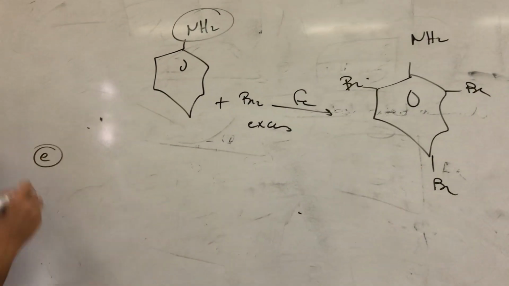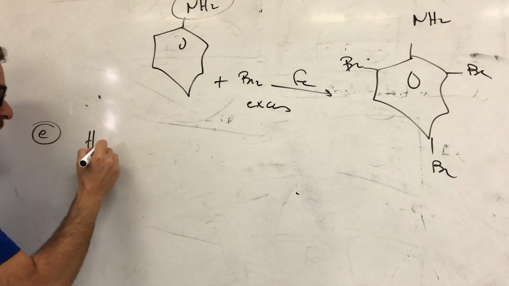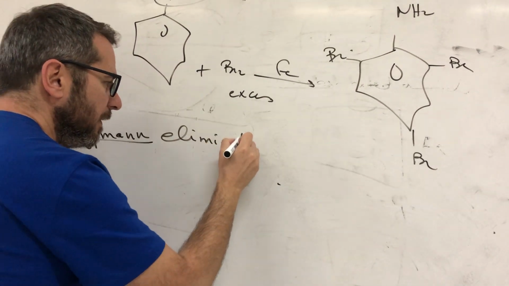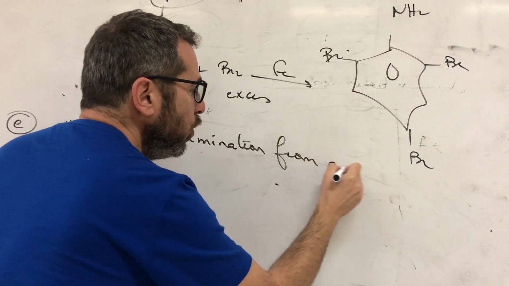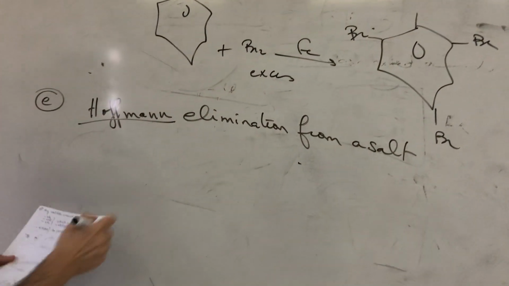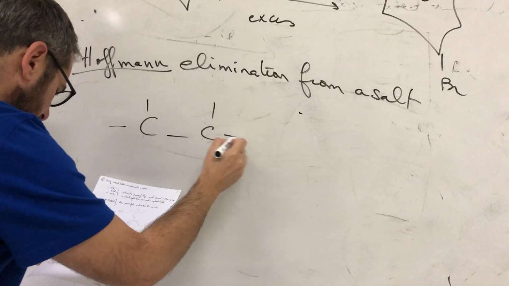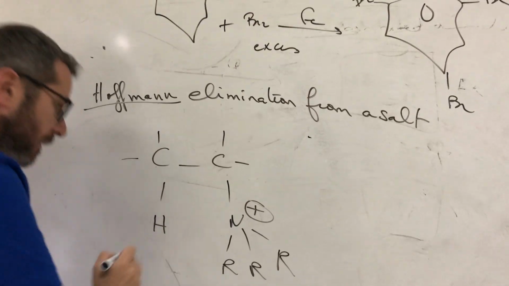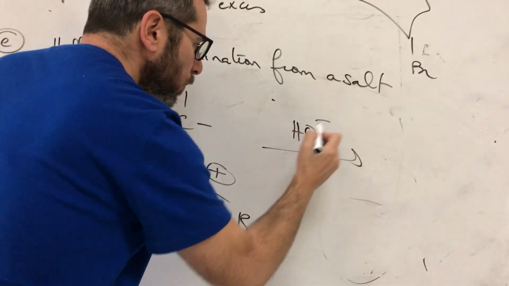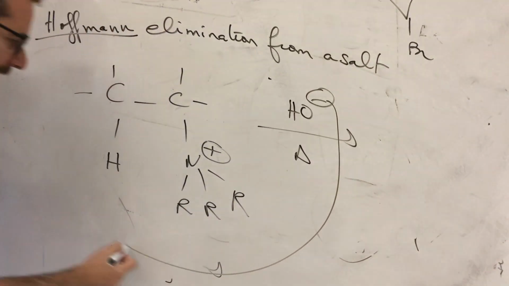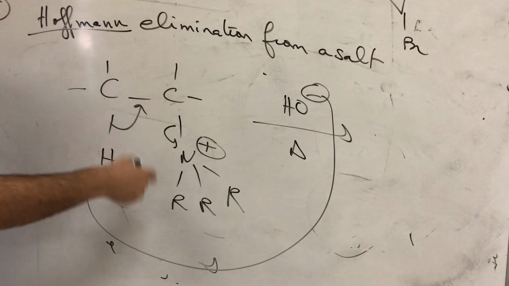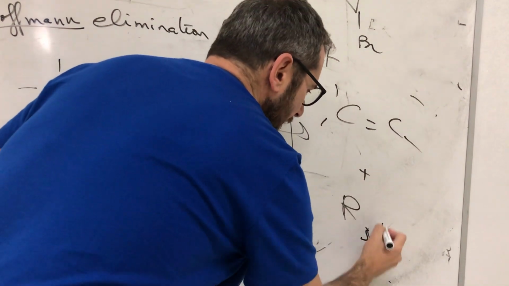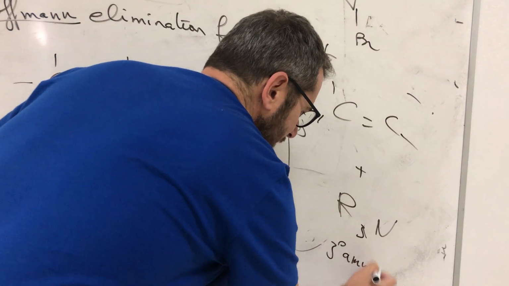We move to reaction 5. It's also done by Hofmann: degradation of amine, Hofmann elimination, from a salt of amine that we called quaternary ammonium salt. So if you have a quaternary ammonium salt like here, and you add base with heat, the base will take H beta to form an alkene and a tertiary amine. So we will obtain an alkene plus R3N, which is a tertiary amine.